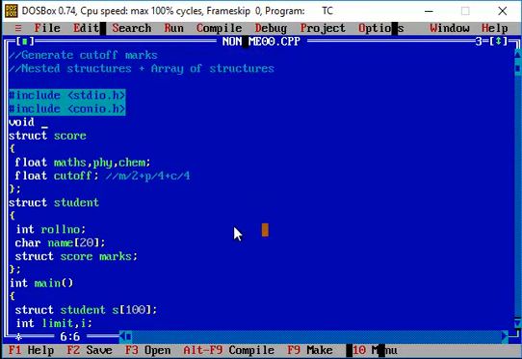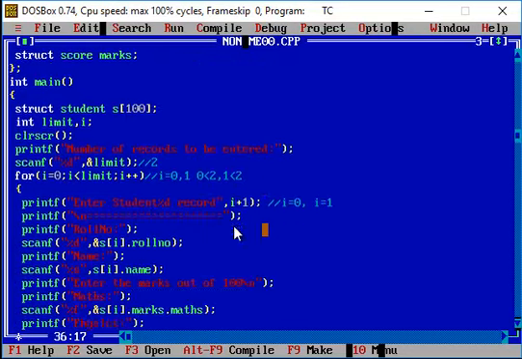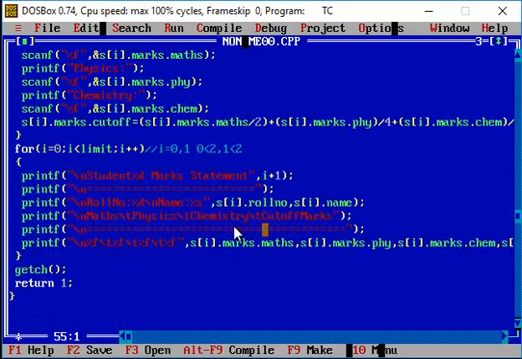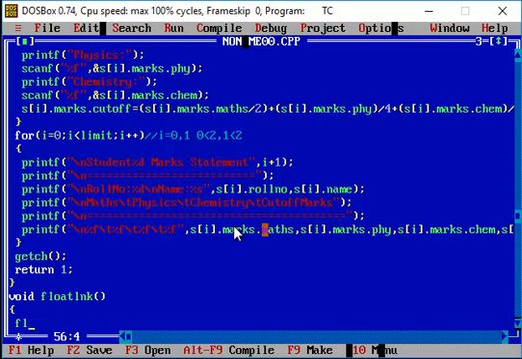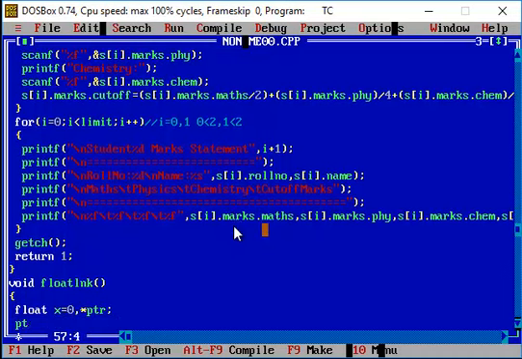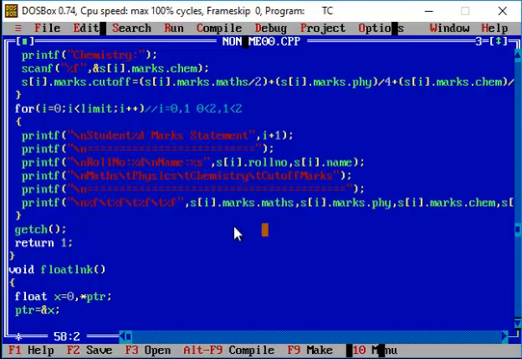So let's say, for example, void float link. If you are not aware of this particular function, you can watch the previous video related to array of structures. Void float link. So this function is written in order to handle the abnormal termination error that happens when the compiler is trying to access the floating point values in the memory location. So here I'm just making use of pointer variables. The pointer variable will be assigned the address of x, and x is assigned to the pointer variable.